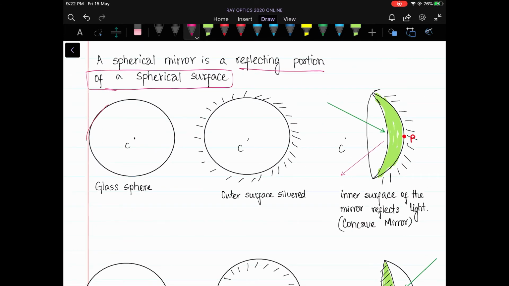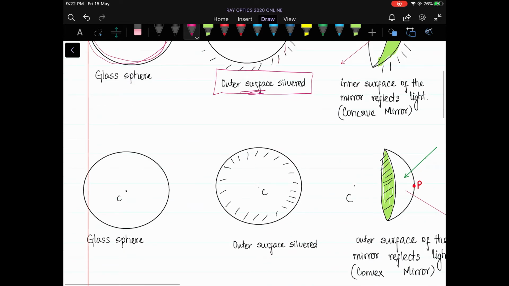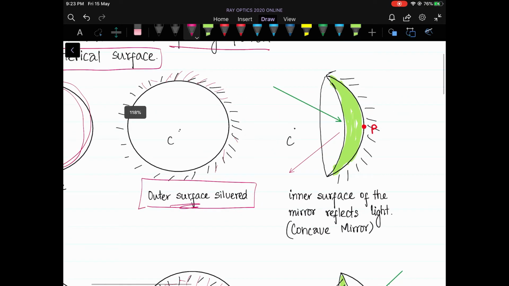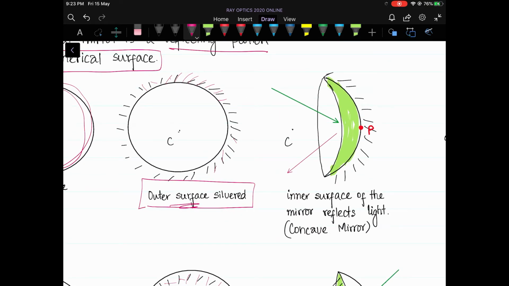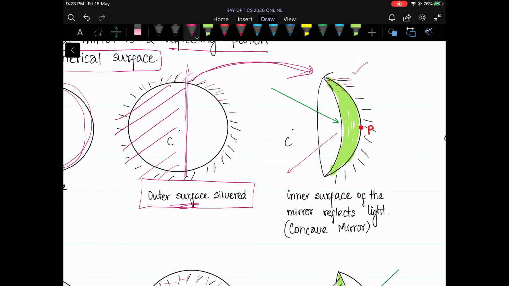Suppose you have a glass sphere, and then what you do is you silver the outer surface. You can imagine you have the option of silvering the outer surface or the inner surface. Here you can see I have silvered the inner surface. Now if you cut this sphere, the shape of the remaining part is going to look like this, where this is the outer surface